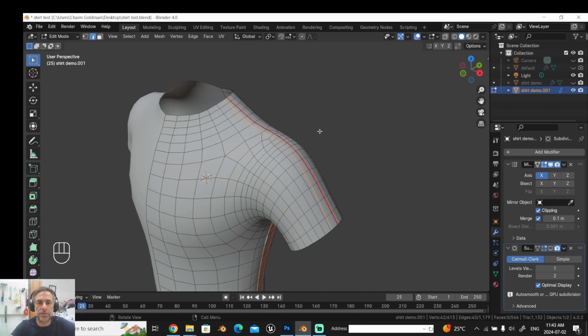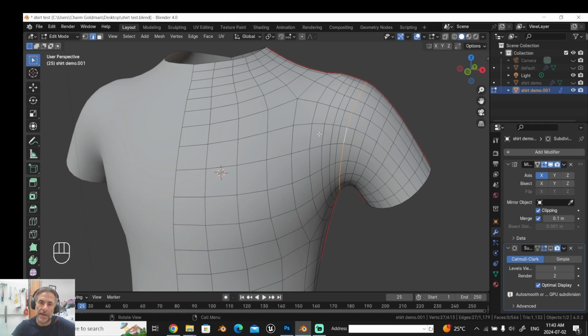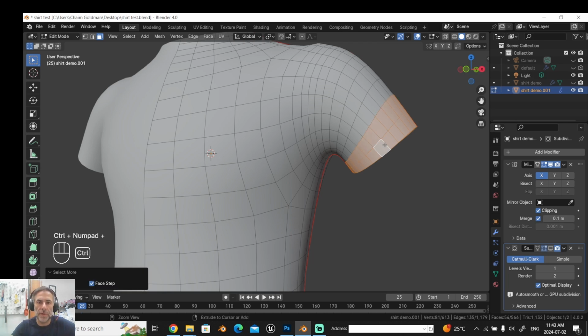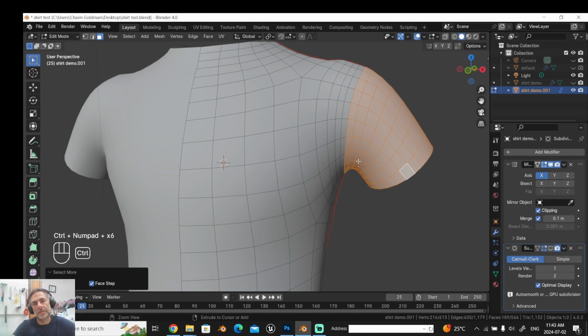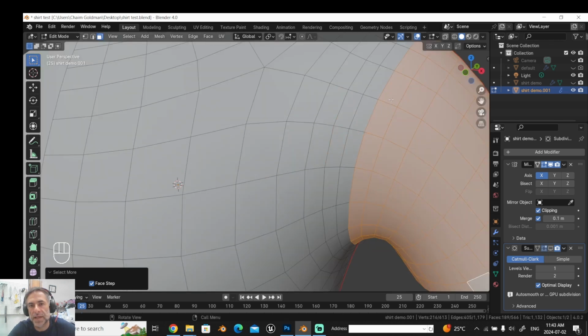So let's do the sleeve one first. We said the sleeve stitches are going to be there. Actually, that one. So what I'm going to do is select the loops all the way up until there. Right, that was it. So that's where my stitches are going to end. So I select all the way up to where my stitches will end. And this difference between the selection and the non-selected, that edge loop is